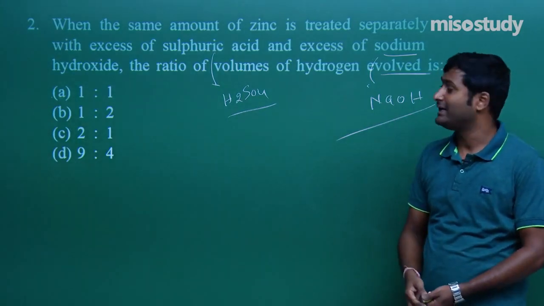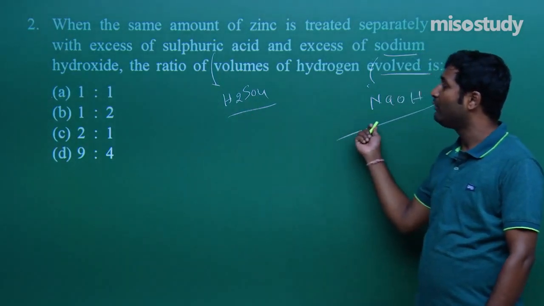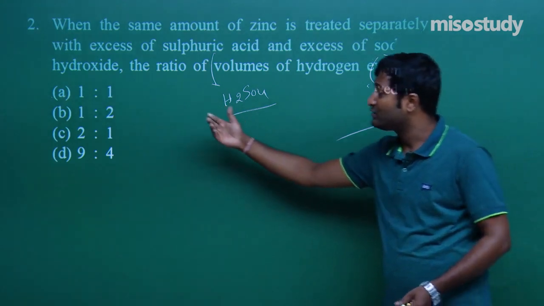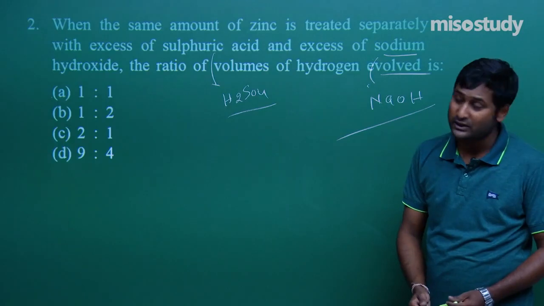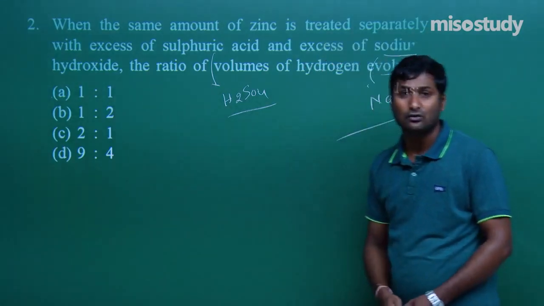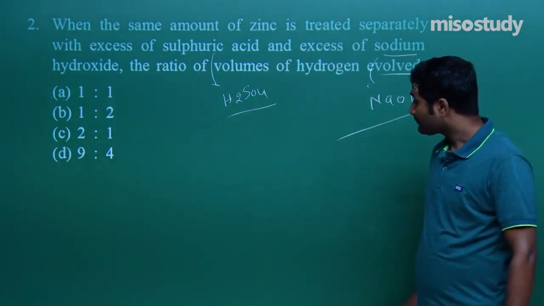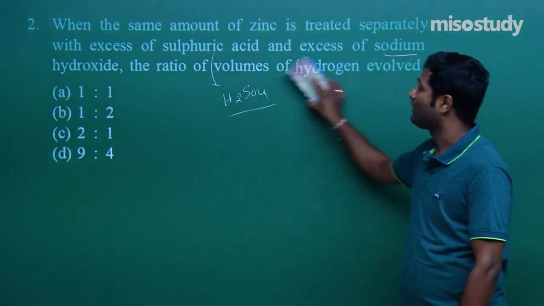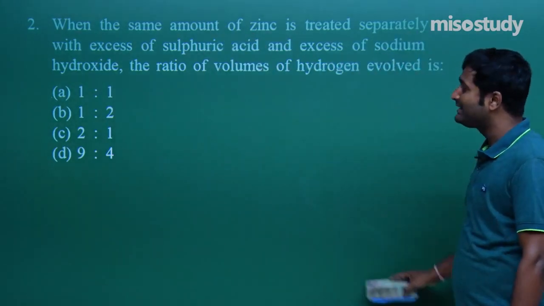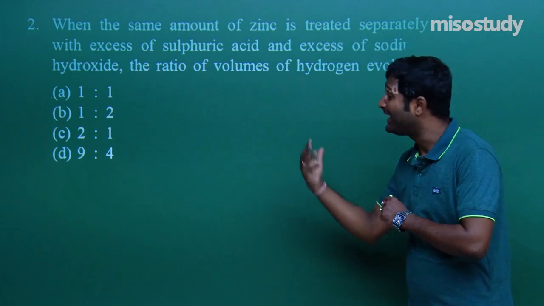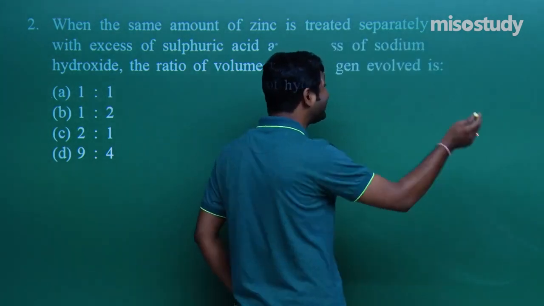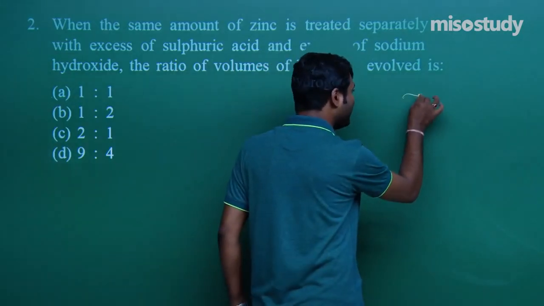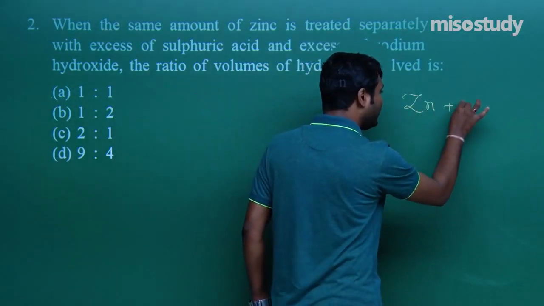What is the question telling? The ratio of volume of hydrogen evolved. Whether it is 1:1, 1:2, 2:1, or 9:4. First of all, I will give you a detailed solution. Then we will discuss how to get the answer. Clear? I am moving here. Look at it and listen carefully. Here is given Zn. When treated with